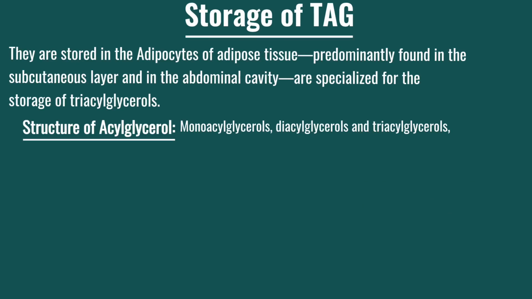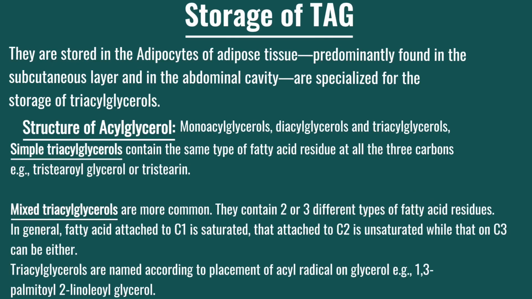Triacylglycerol can either be simple triacylglycerol or mixed triacylglycerol. In the simple triacylglycerol, they contain the same type of fatty acid, which are connected to the 3 carbons on the glycerol backbone, meaning that all 3 fatty acids can either be saturated fatty acids. An example of a simple triacylglycerol is triolein. In the mixed triacylglycerol, which are more common, they contain 2 or more different types of fatty